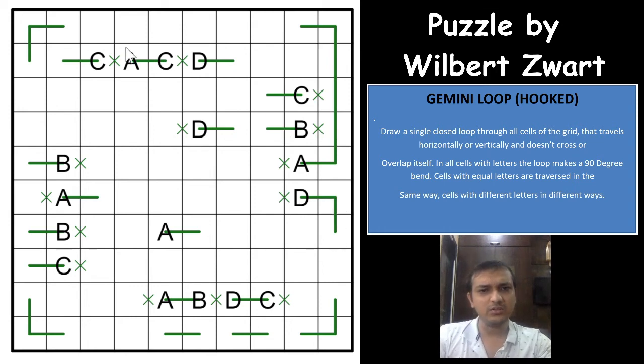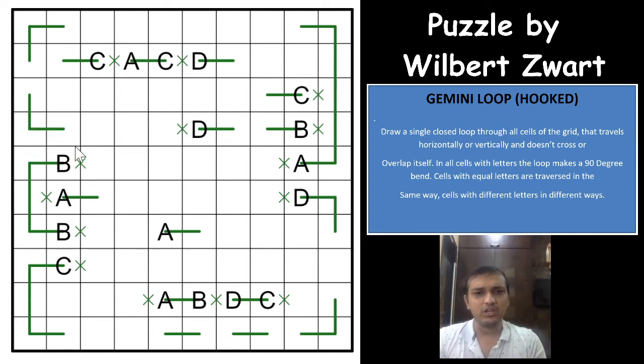So I think the puzzle will be solved here, but it doesn't. At this point the puzzle also seems to be a tough one, because we have not got the next orientation of each of the letters here: the bending, where for all the loop segments, the loop will bend for all the letters, right? And with that we'll continue solving this puzzle.